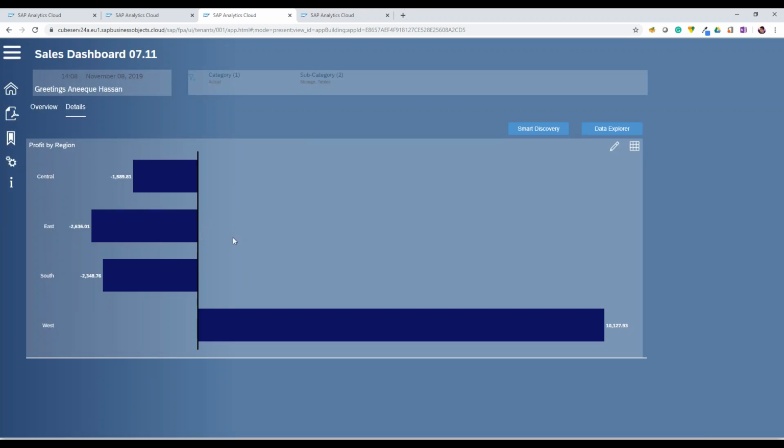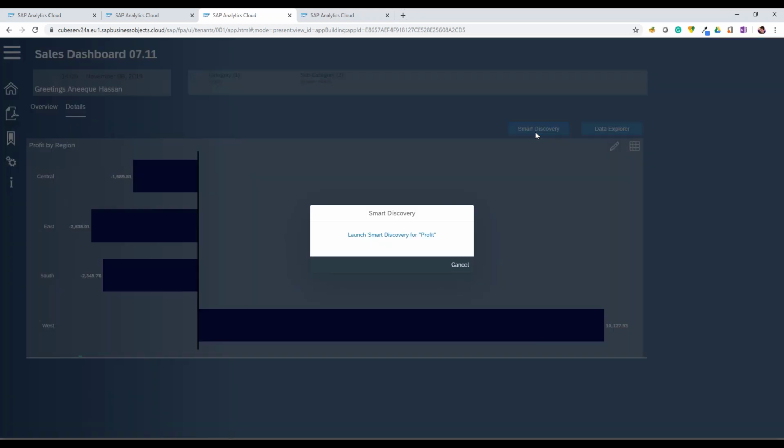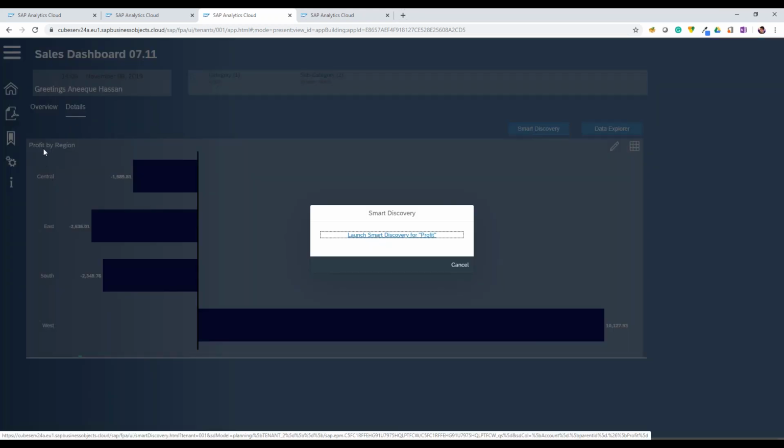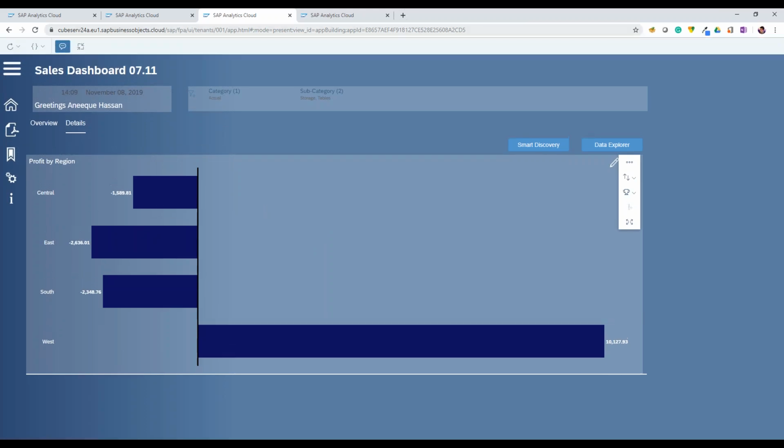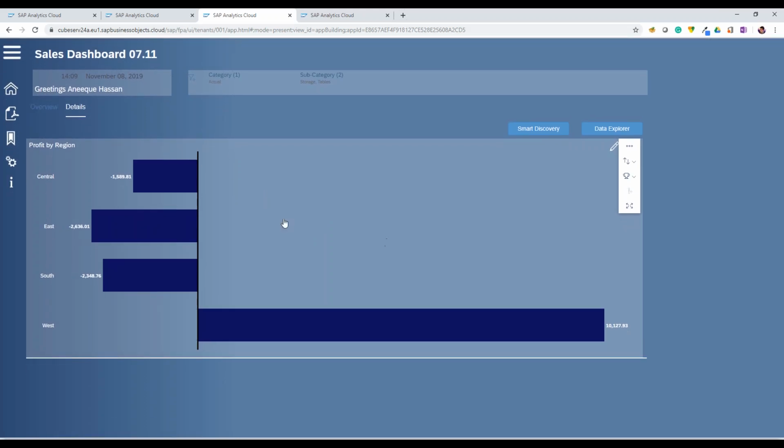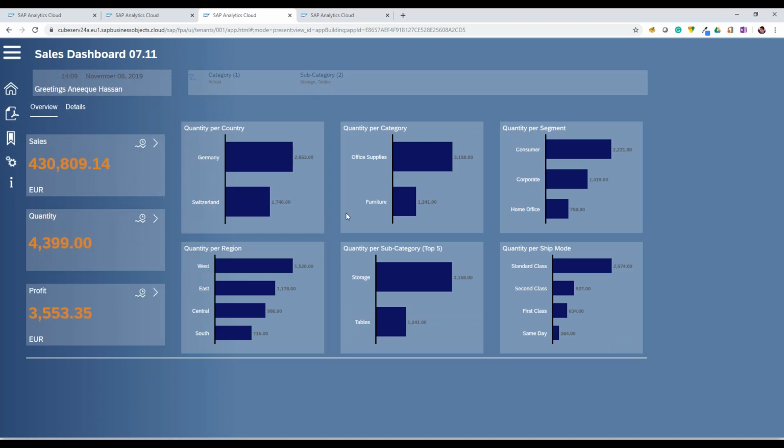Analytics Designer then also provides two possibilities to launch smart discovery stories from an application. One is for the selected key figure. As we see over here, by clicking on this button, we are asked if we want to launch smart discovery for our key figure, or it can also be done for a value of a dimension. This is basically a simple application which can be used as a starting point in Analytics Designer and can be adjusted according to requirements. Okay, cool.